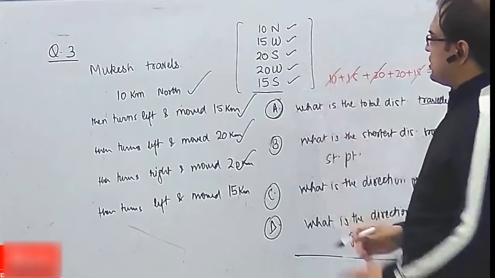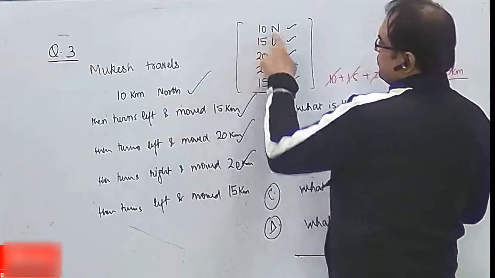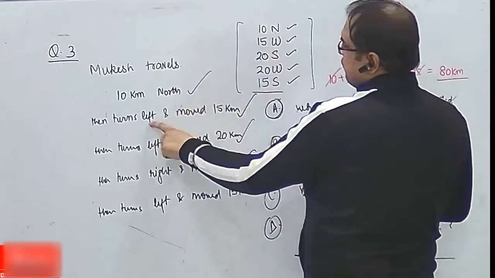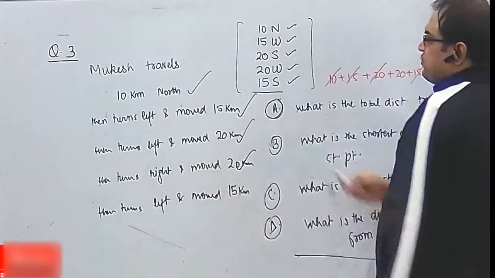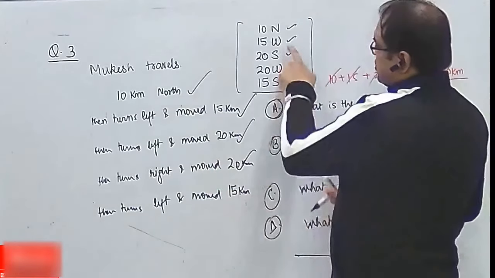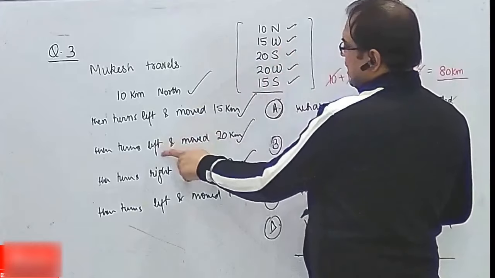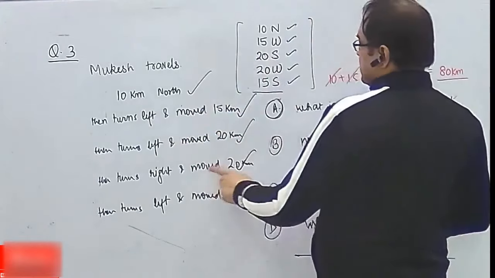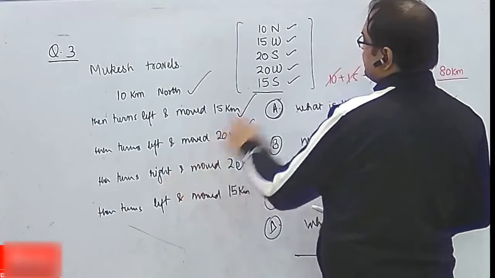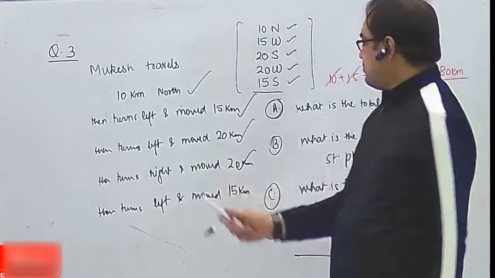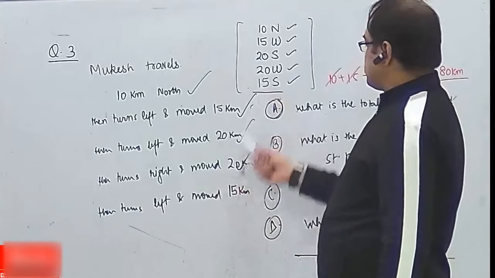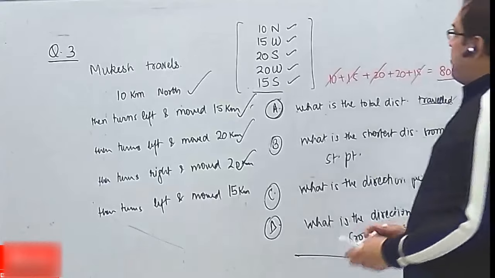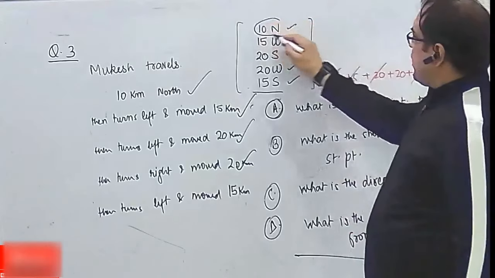How do we solve this? This is the method. 10 north, then 15 in which direction? North से left लिया, north से left is west. Okay, west में जा रहे हो, फिर 20 चलोगे, west से left लिया, west से जब left लोगे तो south में जाओगे, फिर south से right लिया, south से जब right में लोगे तो फिर दोबारा west जाओगे, that is 20 west, और फिर लास्ट में साउथ 15।